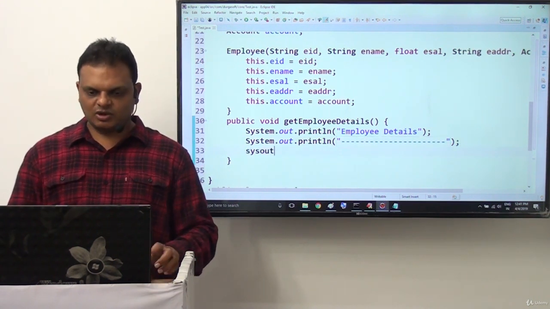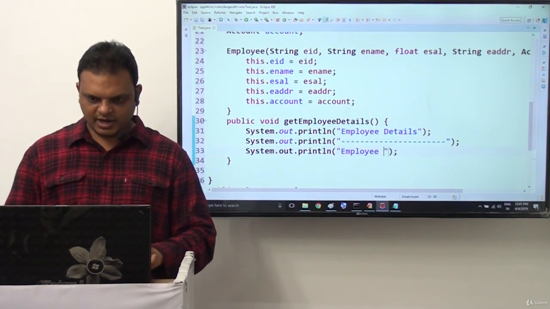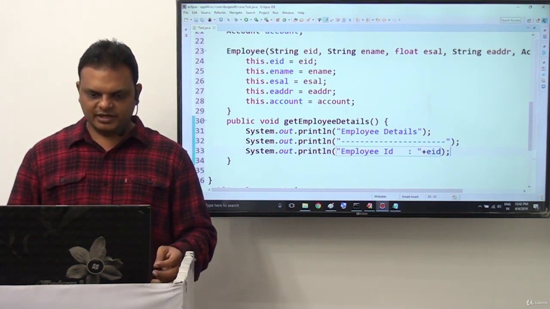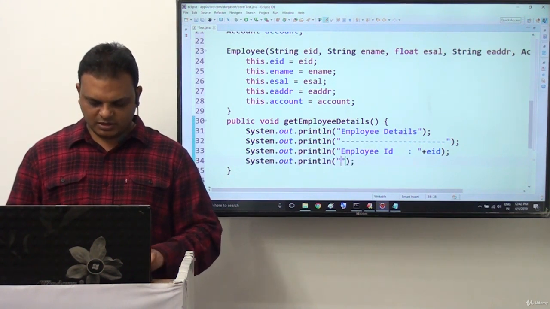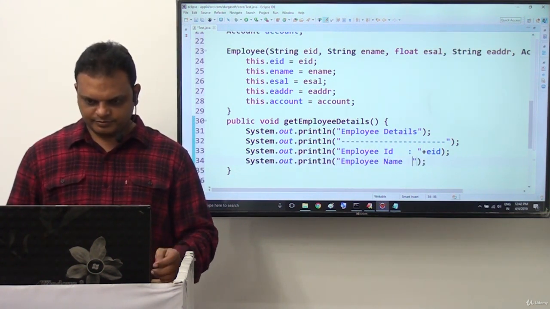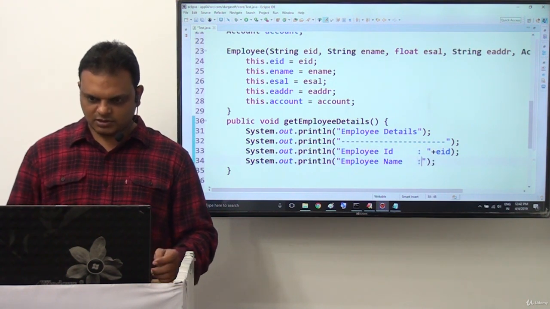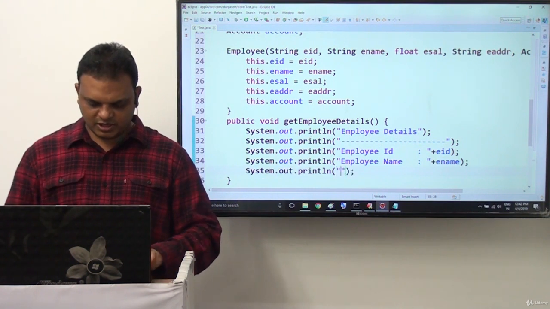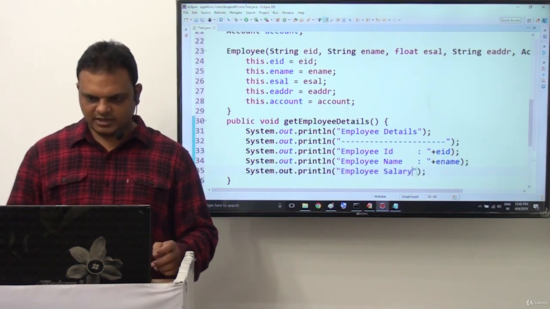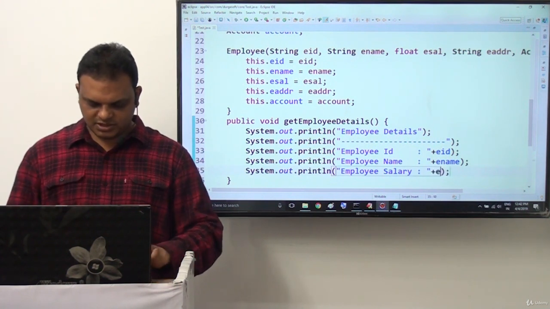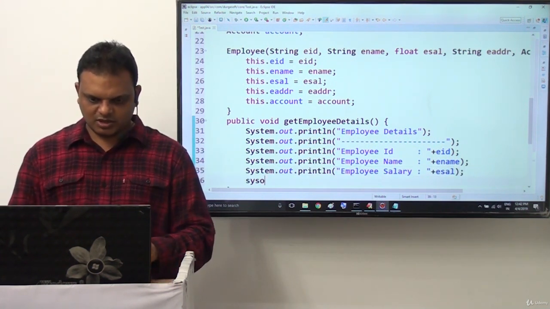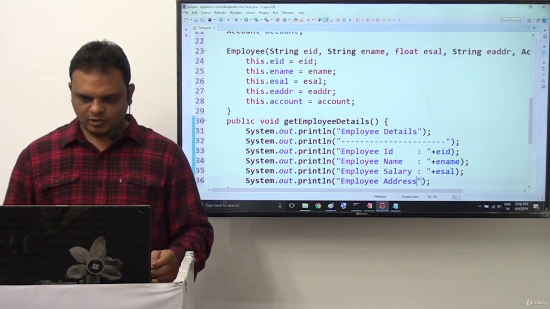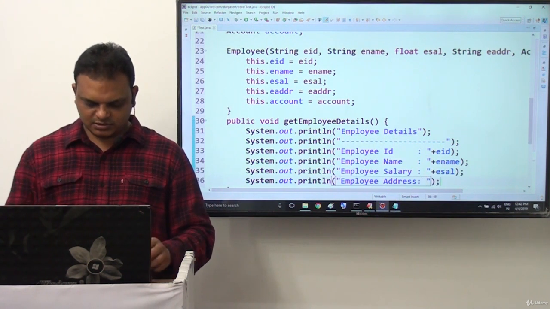Now inside this System.out.println of employee ID, plus eid. Now System.out.println of employee name, plus ename. Next, System.out.println of employee salary, plus esal. Similarly, System.out.println of employee address, plus eaddress.